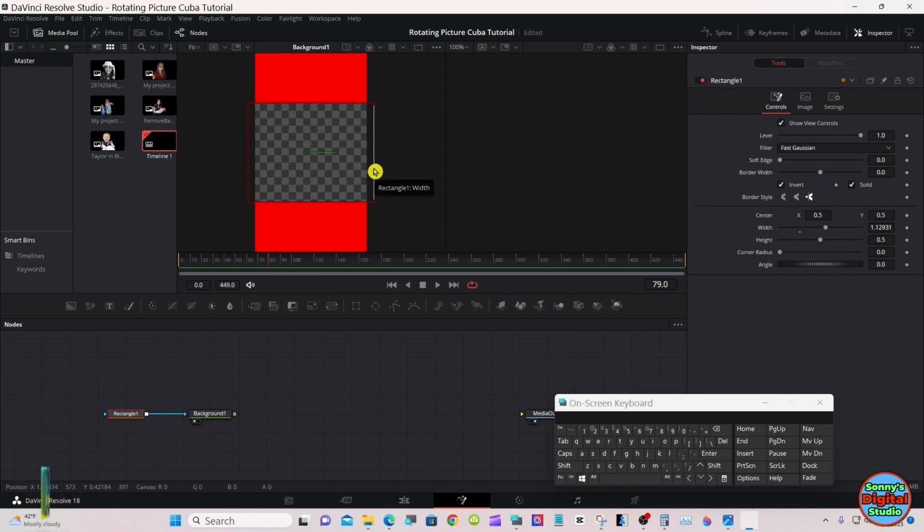Be sure to drag the sides beyond the background so the mask is completed over the edge. This is a little more of a preference on how much of a border you want on the top and bottom.